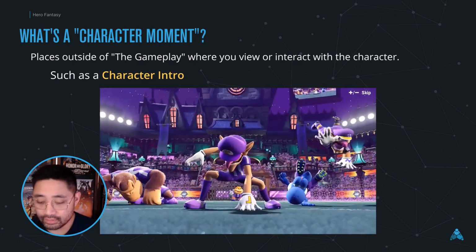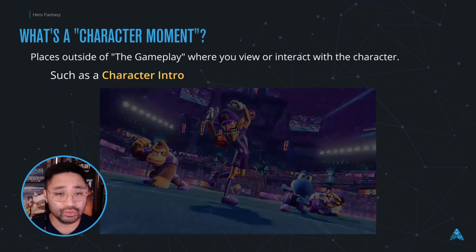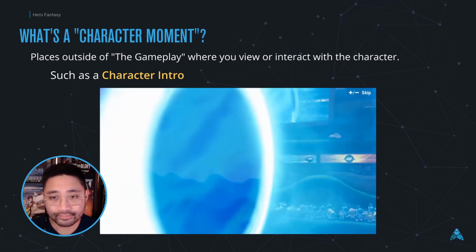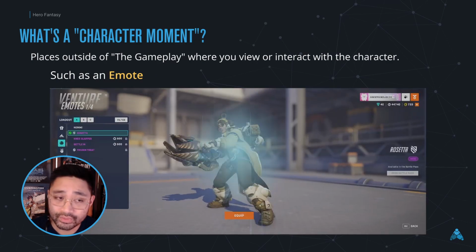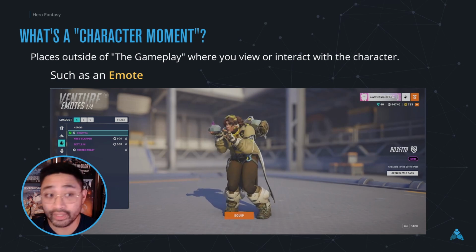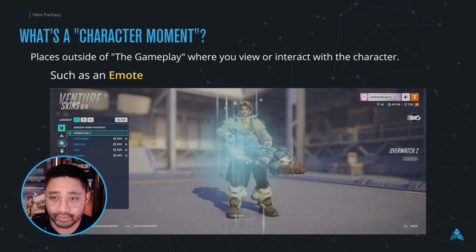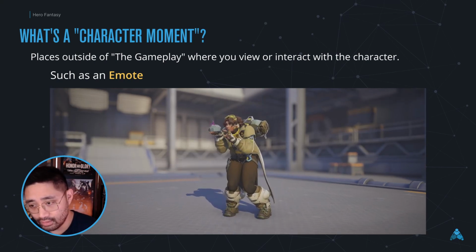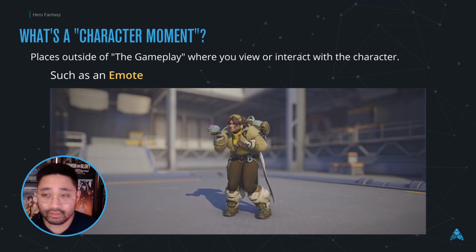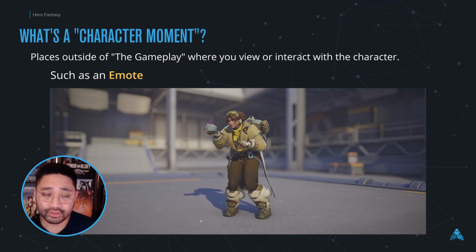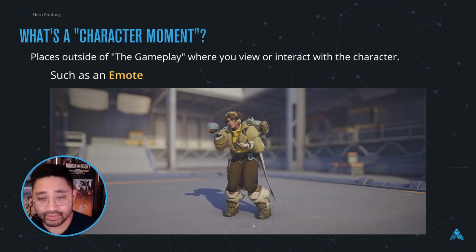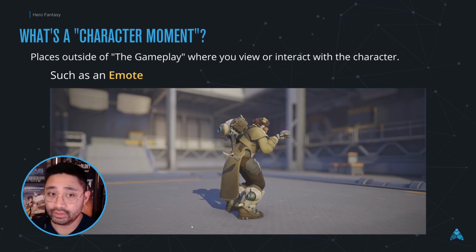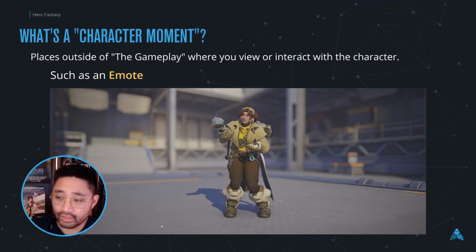And it happens either pre-match or before, let's say, a highlight recording or anything like that. An emote. This one fires off directly in gameplay. But again, this isn't gameplay itself because it technically runs in the middle of a game, but it has no repercussion or consequence against you or the other team, right? You're unable to interact with one another.